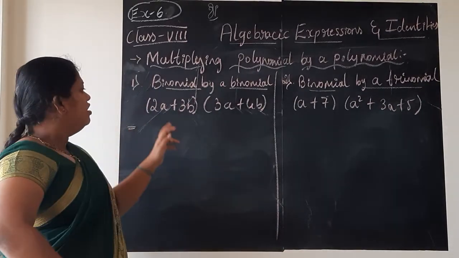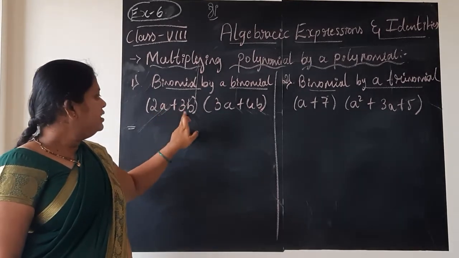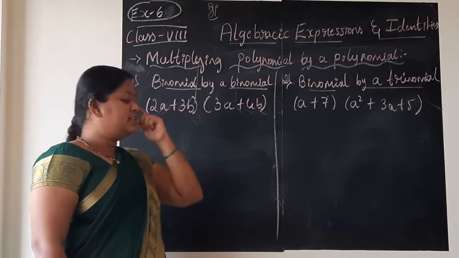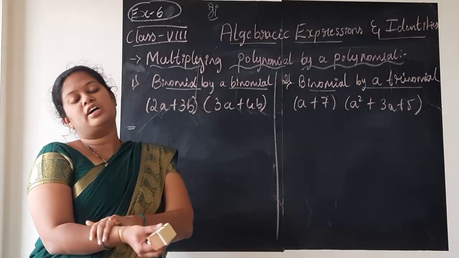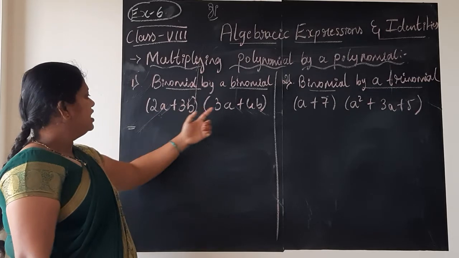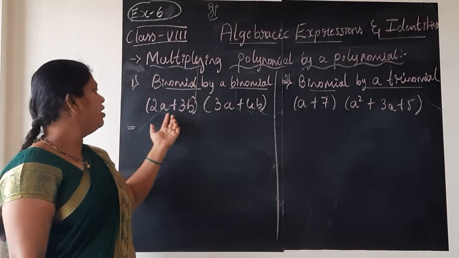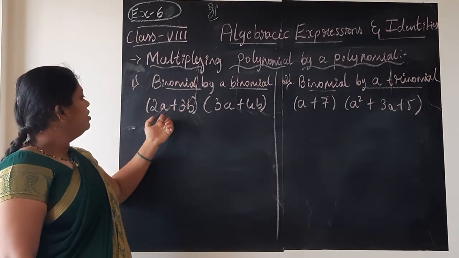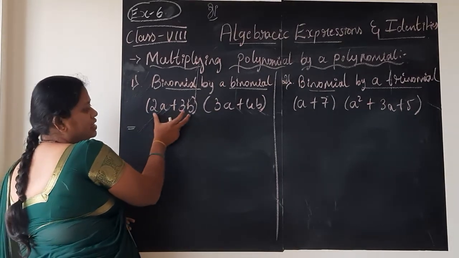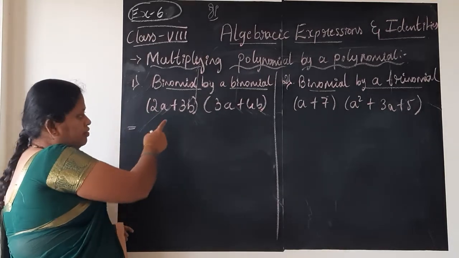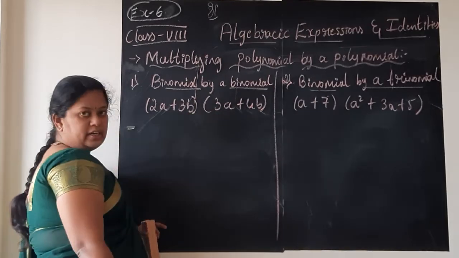Let us see now. First question is, you need to multiply this binomial, that is 2a plus 3b. 2a and 3b are two terms and hence 2a plus 3b is a binomial here. Next in the bracket you have 3a plus 4b again, which is two terms and it is a binomial. In this case, when multiplication is there, children, you can take either of the brackets first. But let us go as the question is given. So here the question is (2a plus 3b) into (3a plus 4b). In this case, consider always the first bracket. We used to consider the monomial and multiply that individually with the first term. Again monomial into second term we used to do, no?